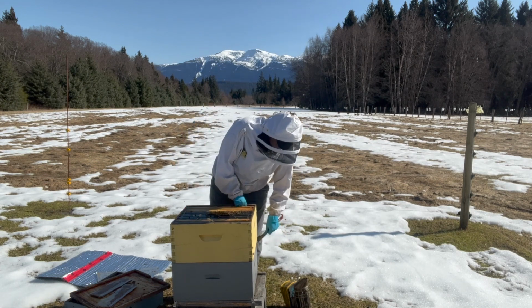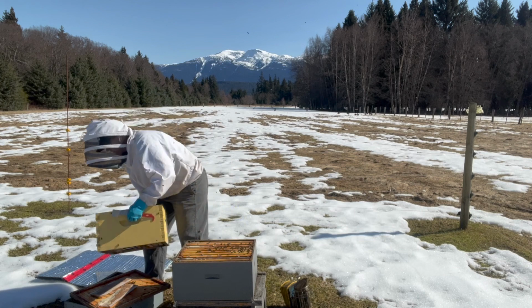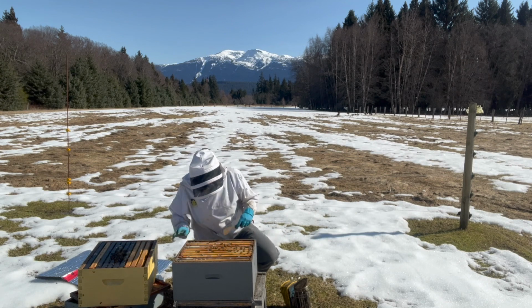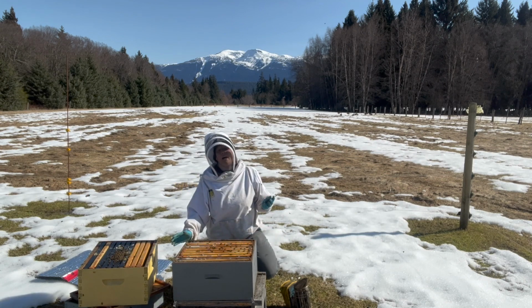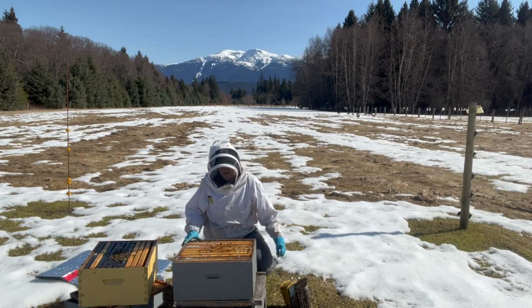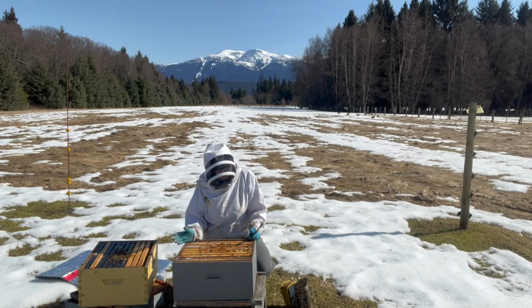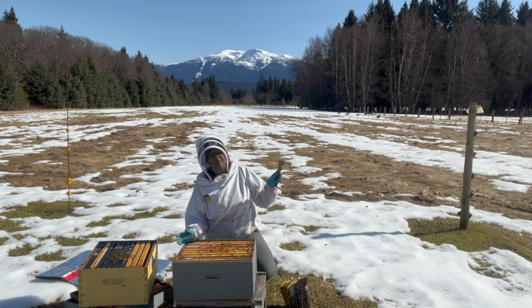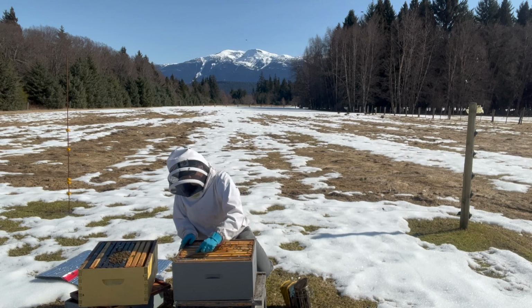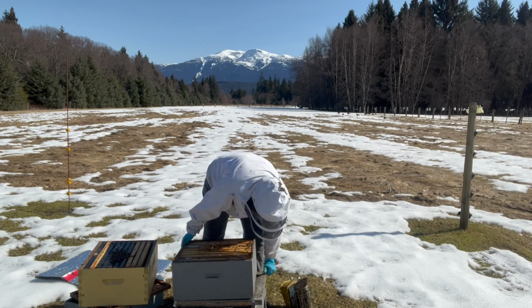I know there's not going to be bees down here, so there's a couple things that you can do. Still a good weight to that. There's some on the top, but there's nothing happening down in this box. If I were closer to my truck, I would probably take this box off and give them a couple weeks to build up, and then I would throw it back on top. This hive is small enough that they only need one box for the next 3 weeks to a month. I am too far from my truck. I had to sled everything in here, so I'm not going to do that. I'm also not going to reverse yet because they're not ready for that box on top. So I'm kind of just going to leave things where they are, but I am going to clean off this